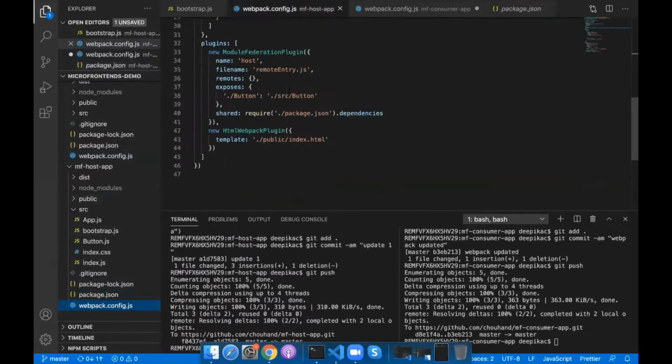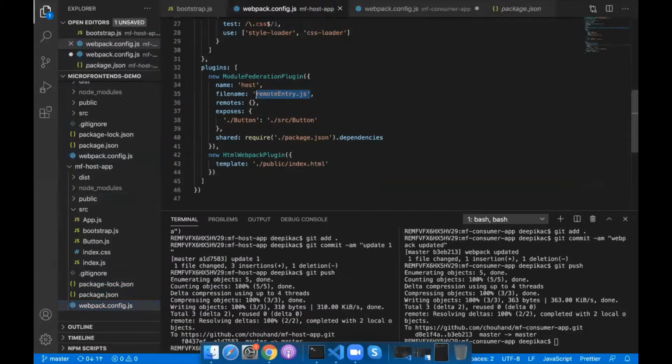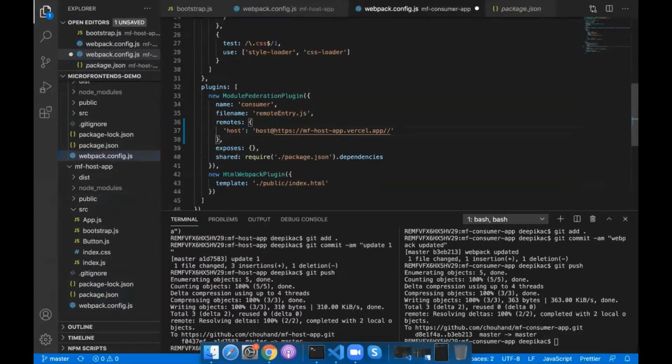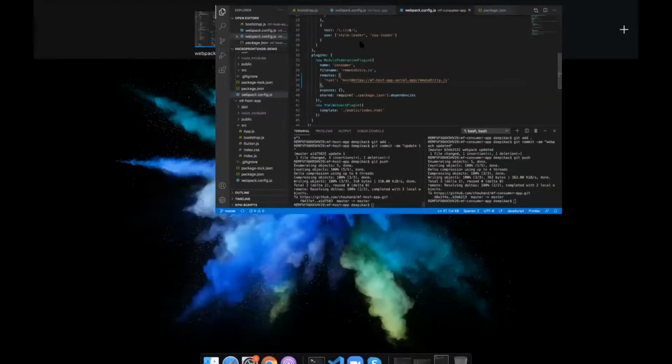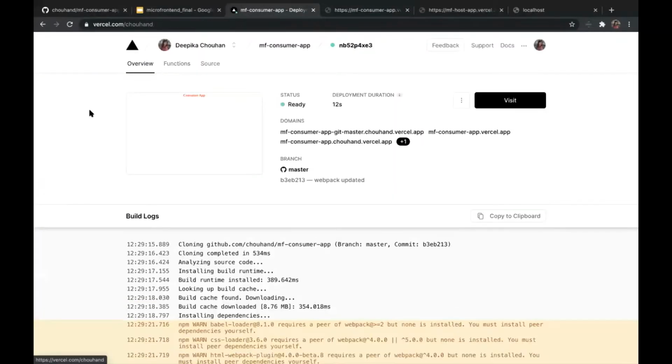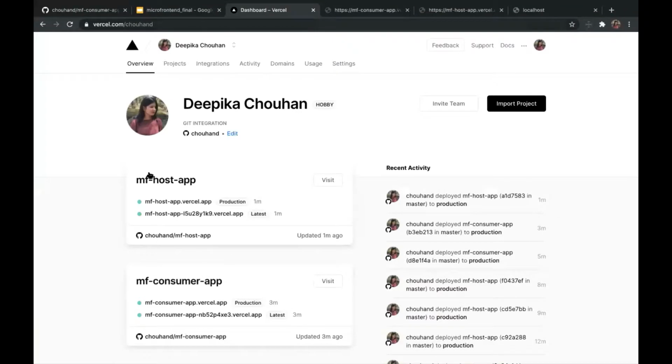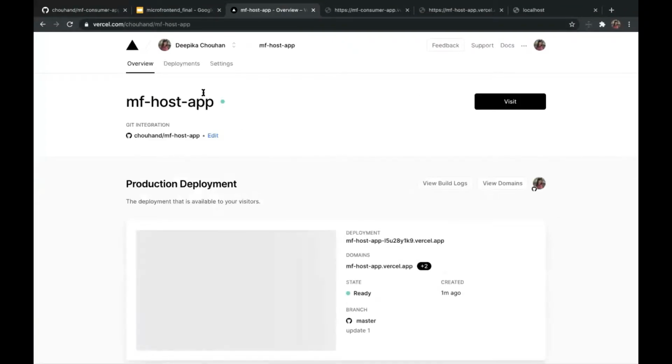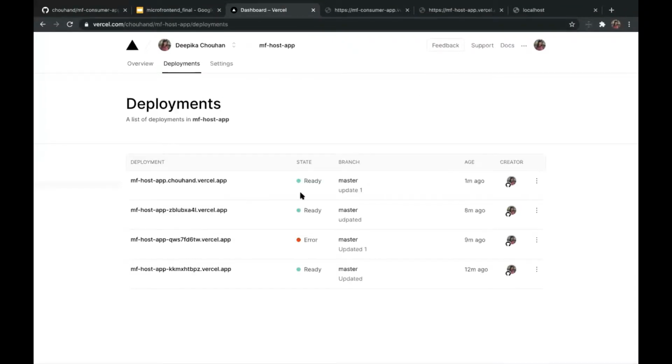This remote entry file, we need to write it. So it will be this one and remoteEntry. Did I miss anything? Okay, this one. Okay, let's see if the production of the host application got deployed or not. So I think it got deployed. Okay, so it got deployed.